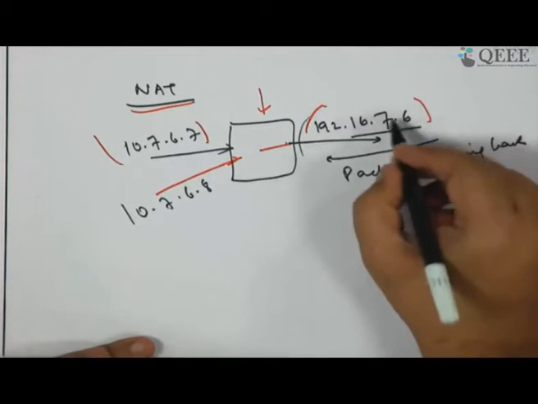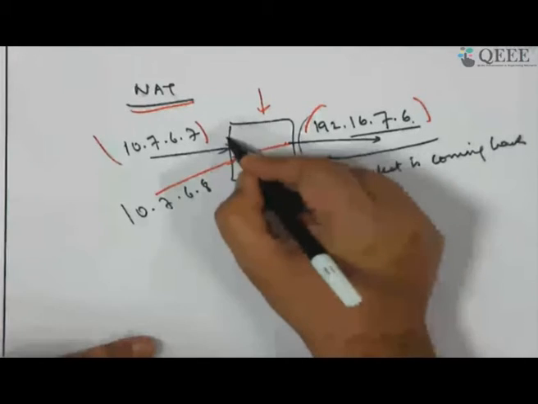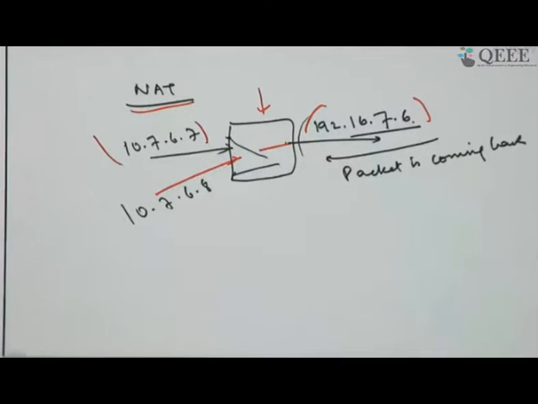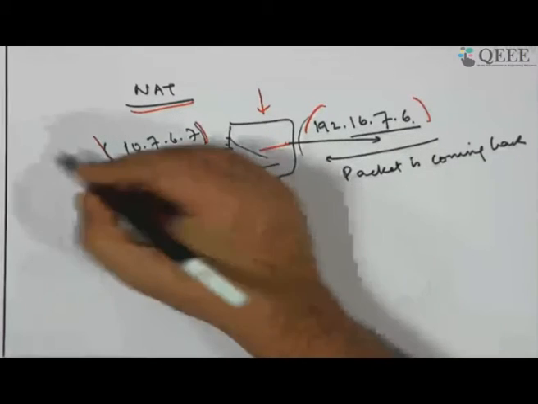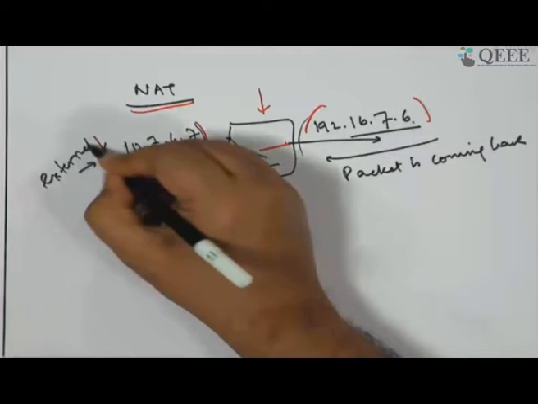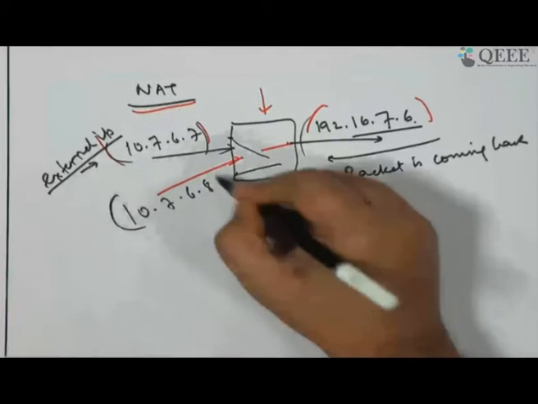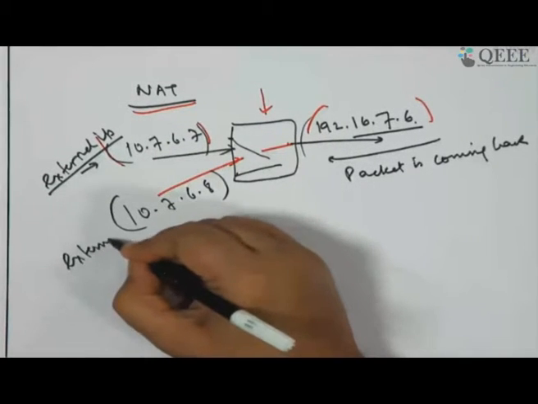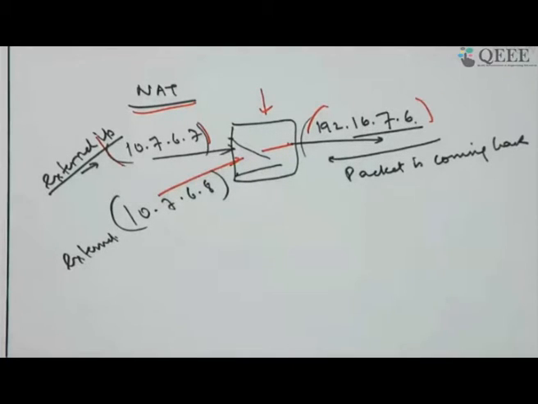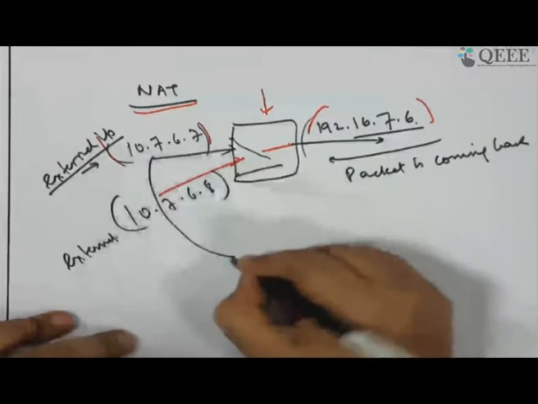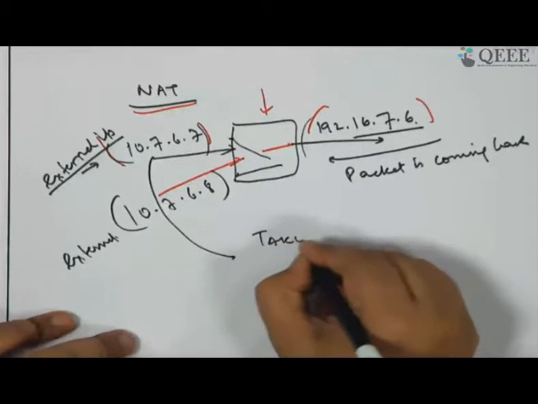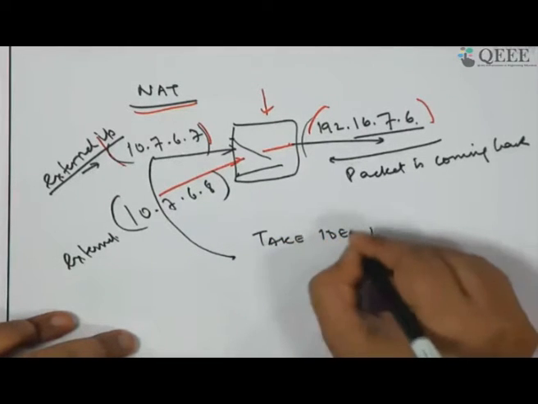with 192.16.7.6, it can be for this and it can be for this. So this network address translation would not solve the problem, since this could just have been made an external IP instead of an internal IP. So now they take the idea from